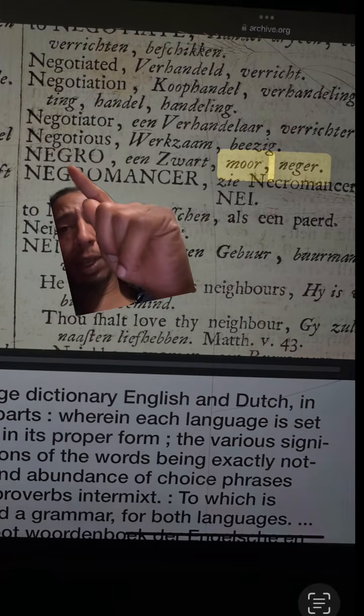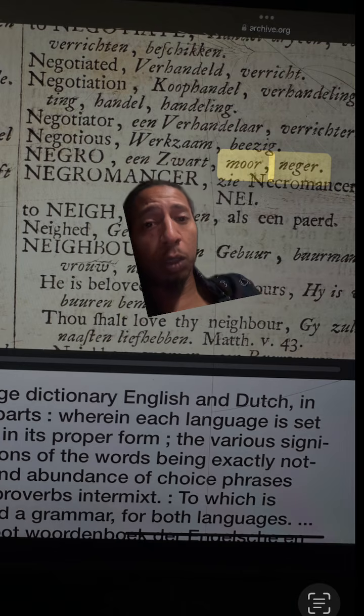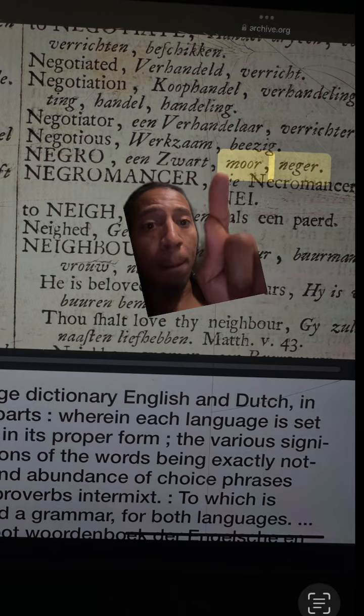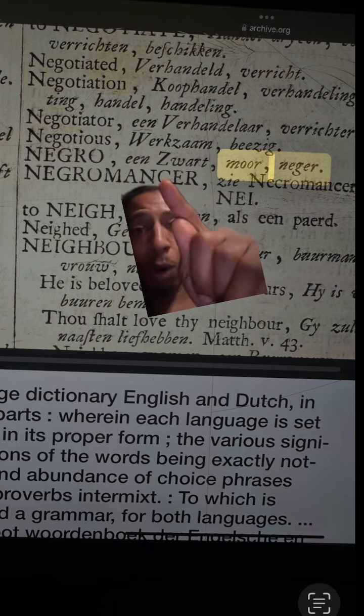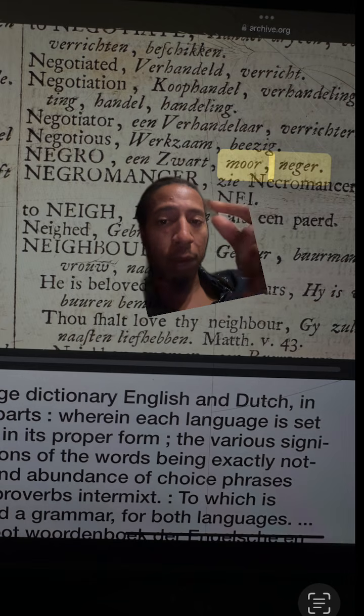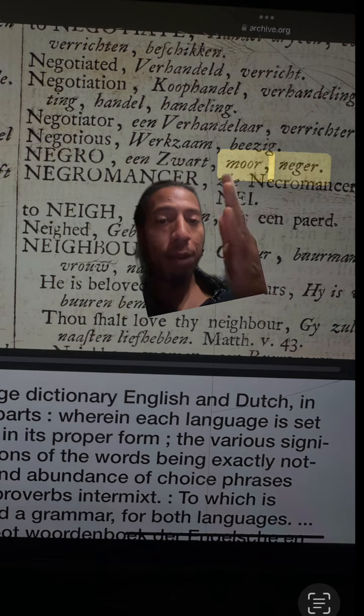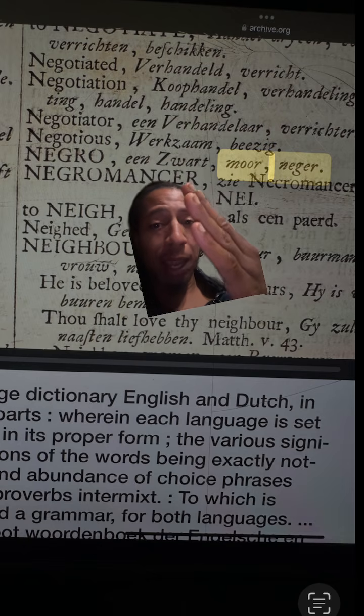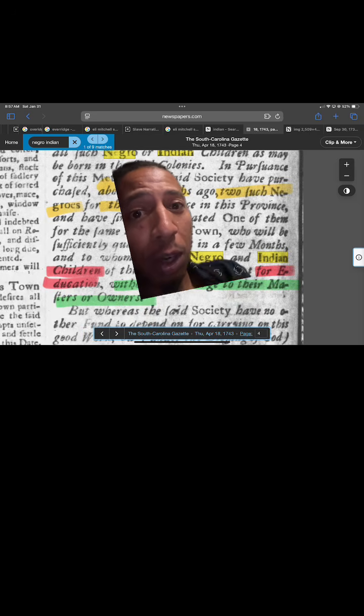But when you go up here, it says another dictionary, Negro, it says what? Zwart, like swarthy, Moor. Okay, a Negro is a Moor, and a Moor is a Negro. And Niger, the original Latin of Negro. If Moor and Negro are one and the same, that means when it says Negro and Indian children going together to these schools in the parish, they're talking about in 1743 putting Negroes or European Moors together with melanated Indians, not no red folks.